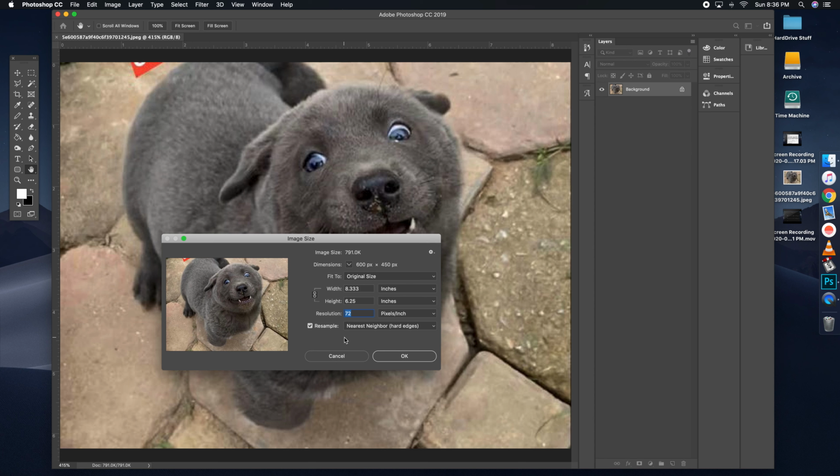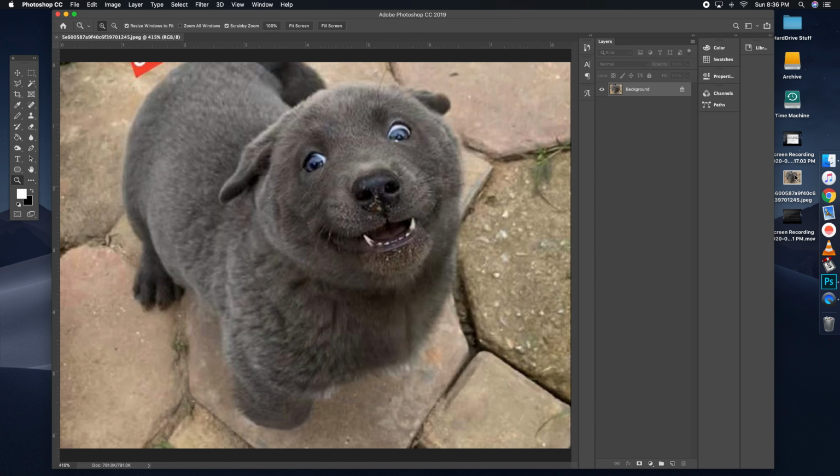Essentially what you're looking for when you find imagery to use in Photoshop is a photo that has the most amount of pixels, right? Whether it be resolution or whether it be size, you want an image that has a lot of pixels, because the more pixels you have, the higher quality that image is going to be. Okay, that being said, what we are going to do